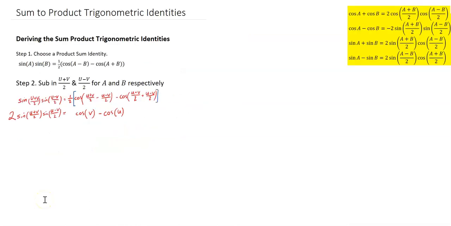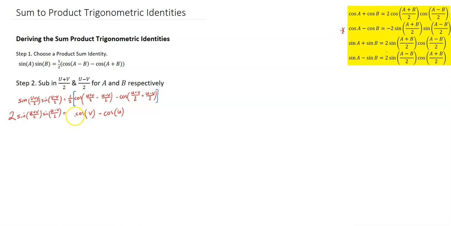Now, if you take a look at it, you might not recognize it on our list of 4 here, and you're right. I've used the letters u and v instead of a and b. I used u and v because I didn't want to confuse matters here. But also, if you actually take a look at it, it doesn't look like any of these, but it's actually this one right here. So I'm just going to rearrange it a little bit, and I'm going to do that by